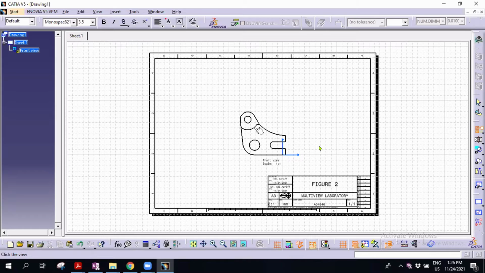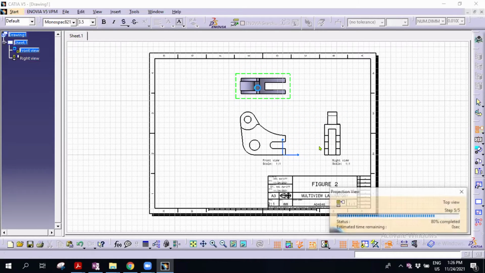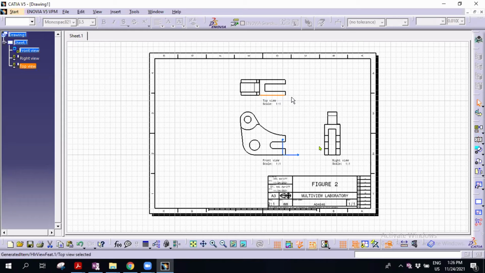Now this is our front view. When we want to put the right view, we just move this circle to the right. It will show the front view and right view. You select again; we want a top view, so it becomes something like this. So you can see this drawing is a third angle projection: front view, right view, and top view.